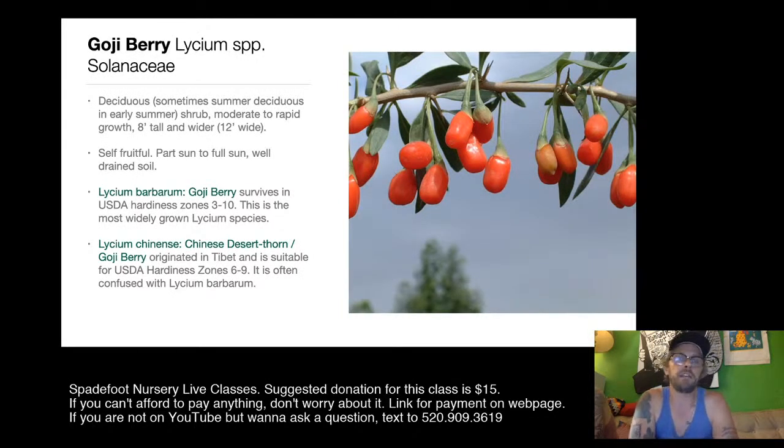Goji berry, Lycium. There's 2 species, Barbarum and Chinense. These are the goji berry, the superfood that everyone's crazy about. It's self-fruitful. It's really easy to grow here. We've sold lots of these this year. It's summer deciduous and briefly winter deciduous in Tucson. Sometimes they won't drop their leaves in the winter in Tucson, depending on how protected they are. This is a giant shrub. It eventually gets about 8 feet tall and 10 or 12 feet wide,